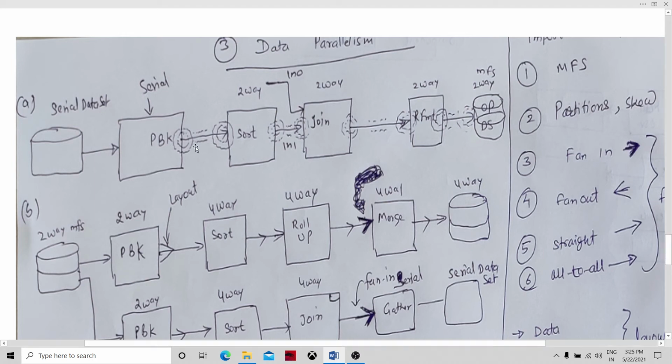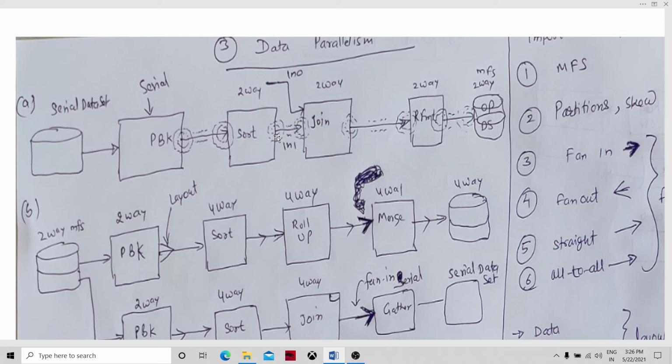The first output port of partition by key, internally, is not shown in the graph design, but internally there will be two parallel flows from the partition by key component into the sort input port. So the input port of sort will be functioning in two-way parallel, and the component itself is running two-way parallel. Whenever it has to output, those things will also be done in parallel.